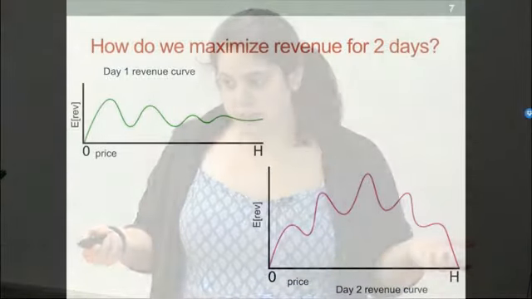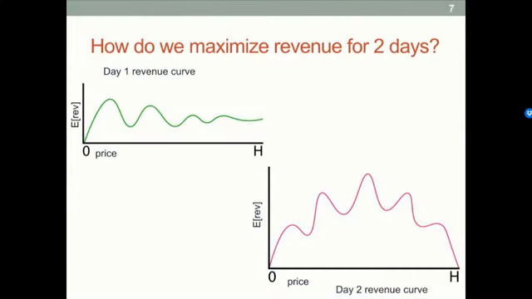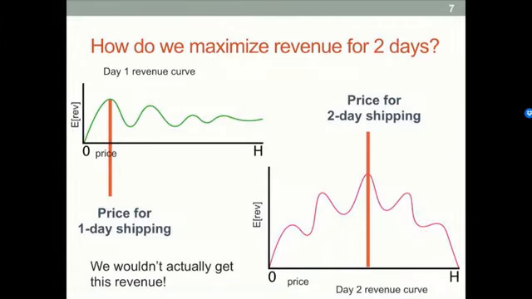However, if you have curves like this and you try to do the same thing, then you wind up having a cheaper price for 1-day shipping than for 2-day shipping. What's the problem with that is that we're not actually getting the revenue that we're reasoning about. So here, we're reasoning about getting revenue from people who want their package in 2 days, paying for 2-day shipping. But if 1-day shipping is cheaper than 2-day shipping, they're going to buy 1-day shipping. And so it's not just that they're deviating, it's that we're not correctly reasoning about the revenue.